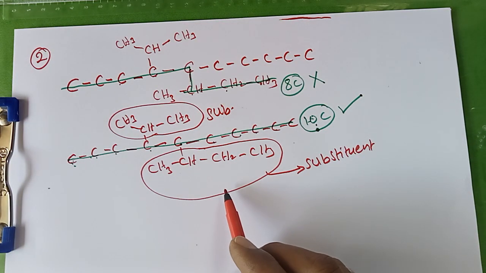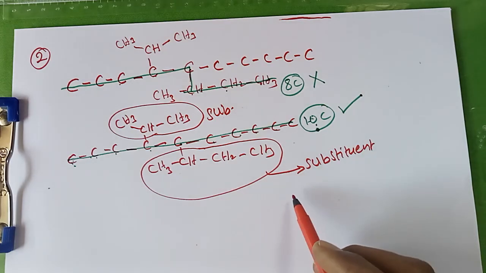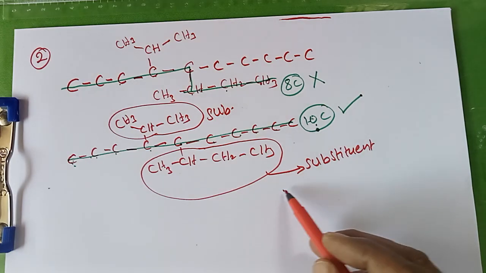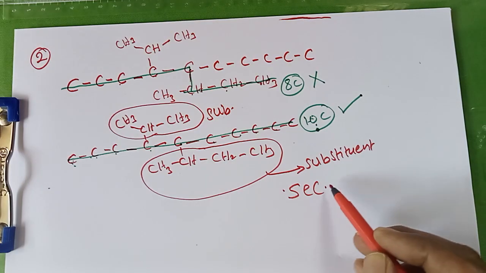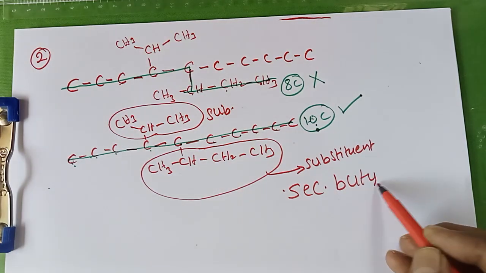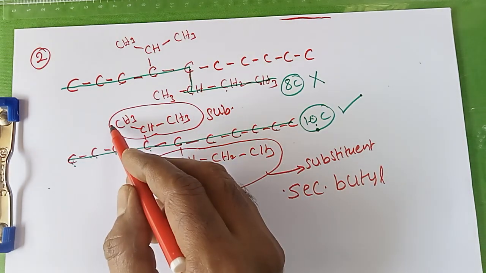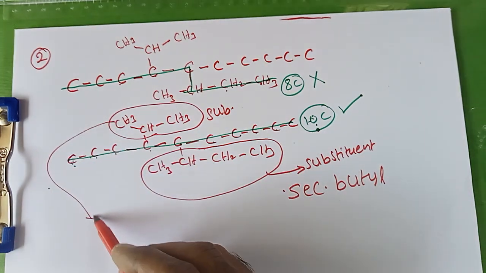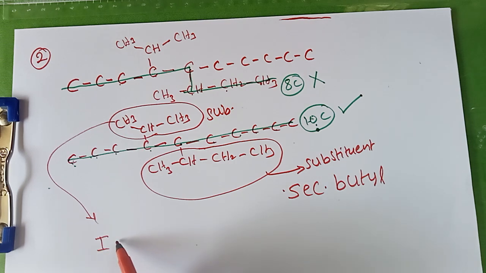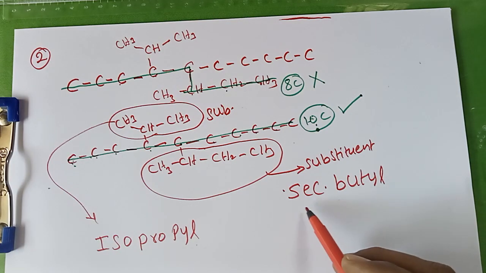Then what is the substituent name? The substituent name is secondary butyl. We know that. Secondary butyl. And what is the other substituent name? The substituent name I have written here is isopropyl. Isopropyl. In this, the most important point: